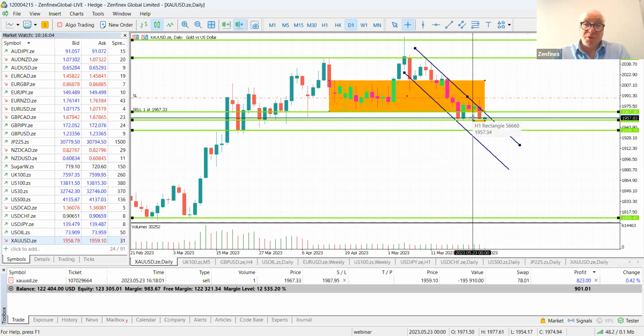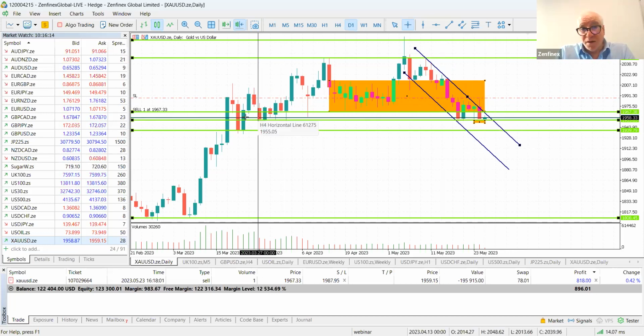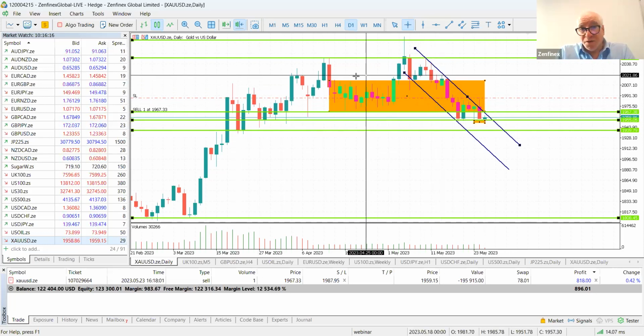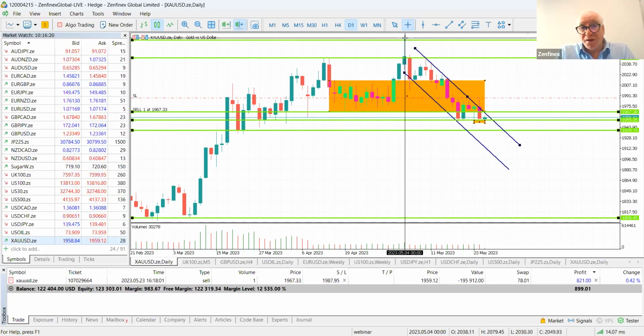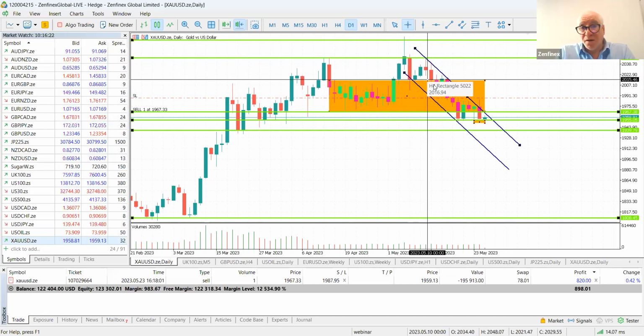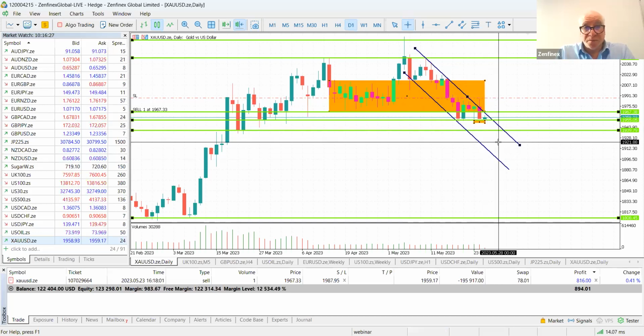This is how I trade. Everybody trades slightly differently, and objectives and all this kind of stuff are really dependent upon your own trading style. But for me, after such a long period of time in this area here, and the fact that it retreated from here, it means there's going to be some weakness in gold, subject to employment news, subject to the debt ceiling,